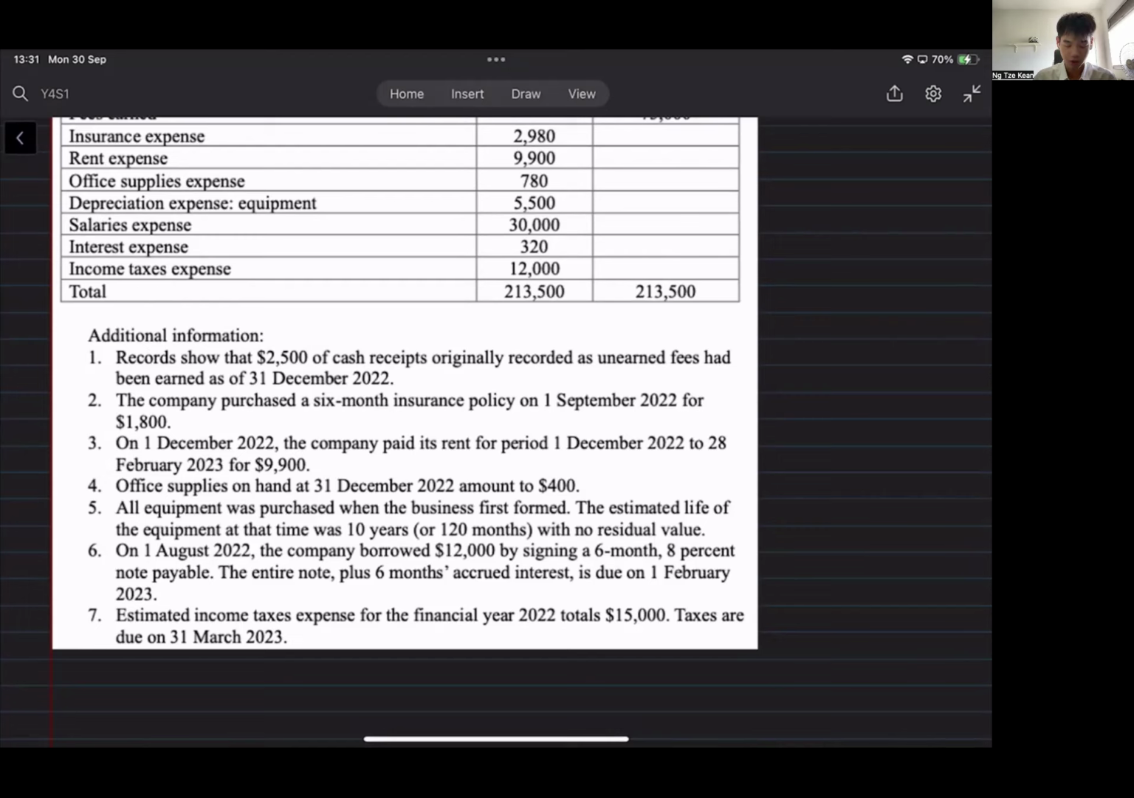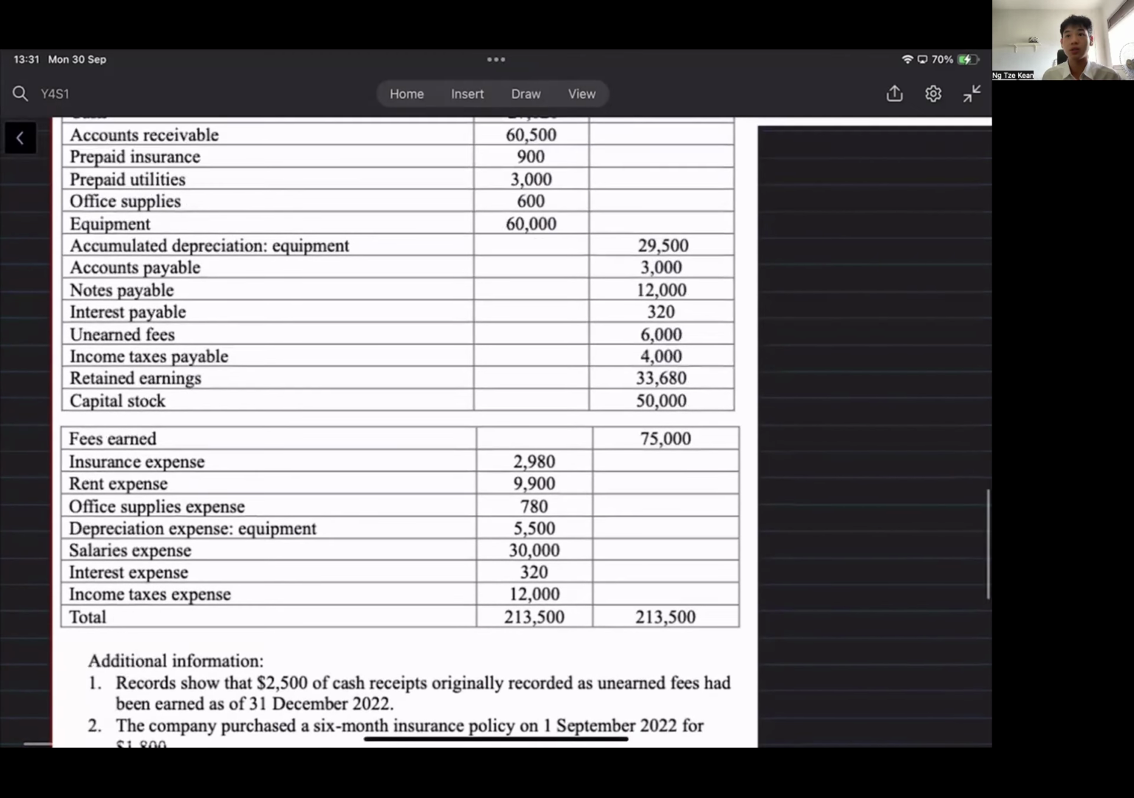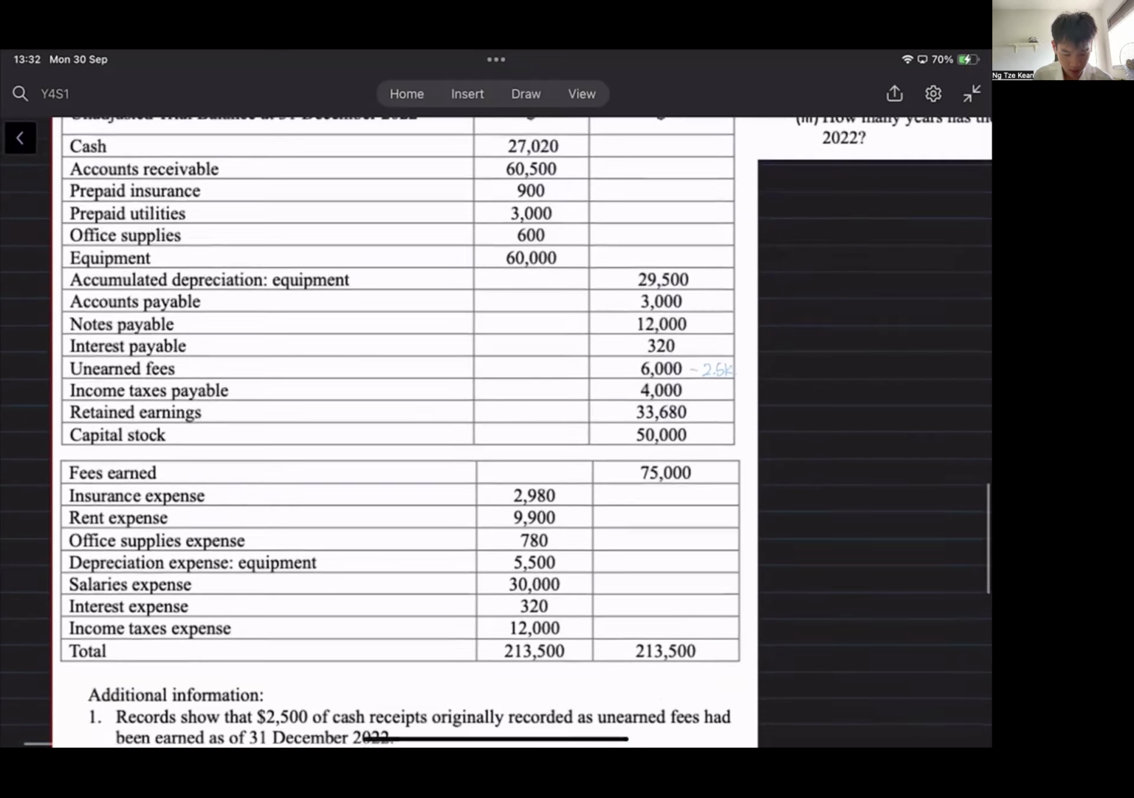The first information given was records show that 2.5 thousand of cash receipts recorded as unearned fees has been earned as of 31st December 2022. So there is a decrease in unearned revenue, and this decrease in unearned revenue will then be credited as actual revenue. So we need to make this adjustment, meaning we have to find the unearned fees entry, and we need to decrease the unearned fees by 2.5. And we need to then increase the revenue for the month,